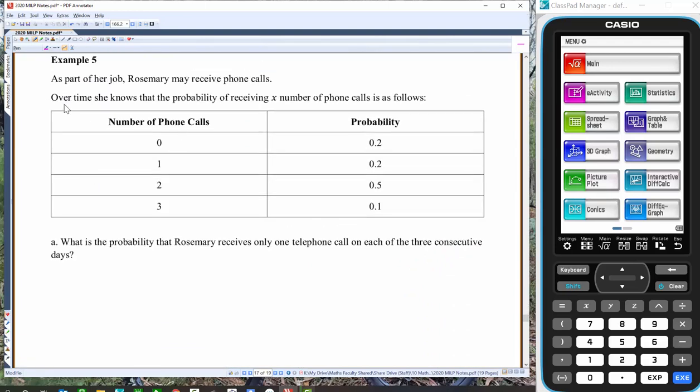Okay, so let's have a look at this problem here. As part of her job, Rosemary may receive phone calls. Over time, she knows that the probability of receiving X number of phone calls is as follows. So 0 phone calls in a day is, there's a 20% chance of that. 1 phone call, 20%. 2 phone calls, it's 50%. 3 phone calls, 10%. What's the probability that Rosemary receives only 1 telephone call on each of the 3 consecutive days? So she can get 0,